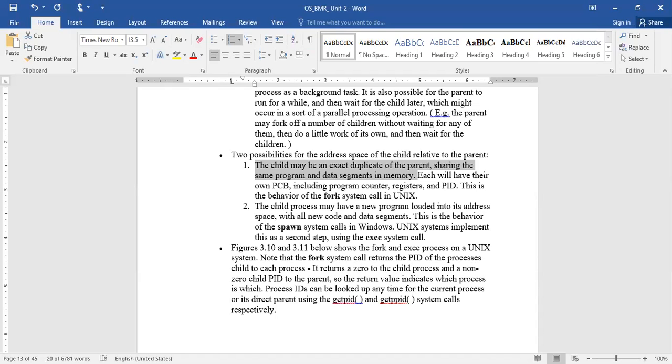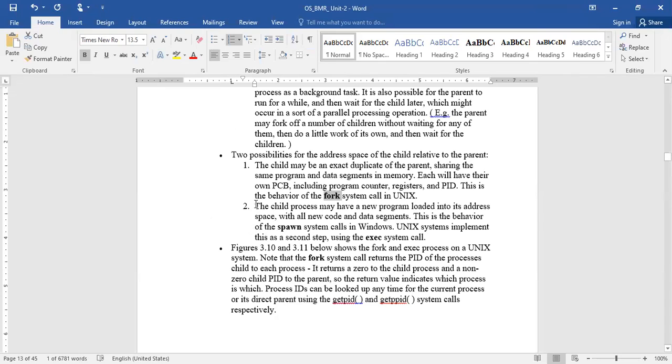Such kind of functioning happens when you are using the fork system call. So in our example, we just use the fork system call. What happens in that case? Whatever child process was created, it uses the parent address space. Simply, the PCB of the parent is copied as the PCB of the child, except the process ID.